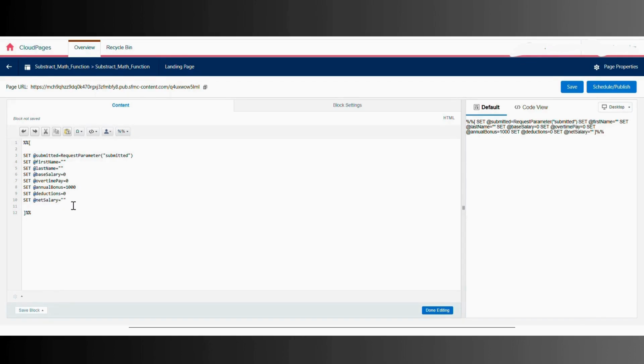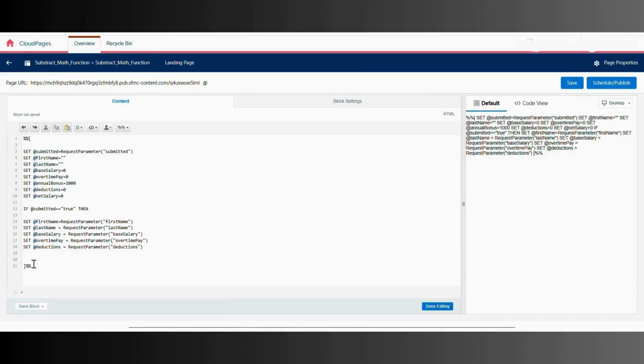So this is all about defining the attributes, setting the variables, and then writing the conditions: if submitted is true, then first name is request parameter first name, last name is request parameter last name, and so on.